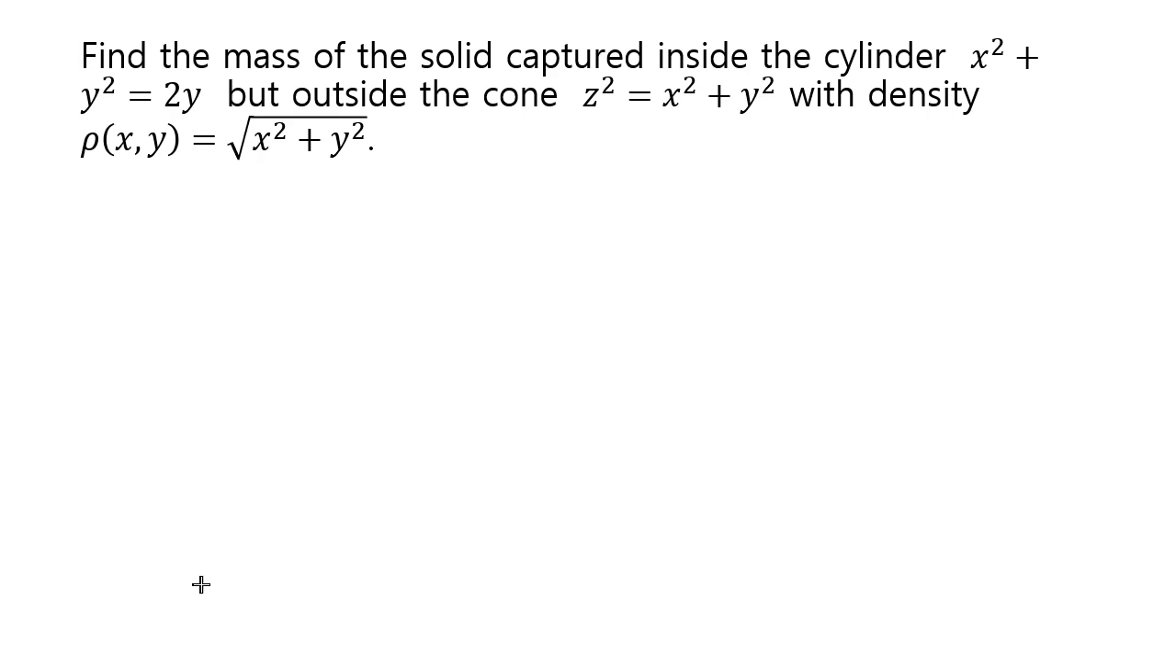Find the mass of the solid captured inside the cylinder x squared plus y squared equals 2y, but outside the cone z squared equals x squared plus y squared, with density something. Okay. Alright, so